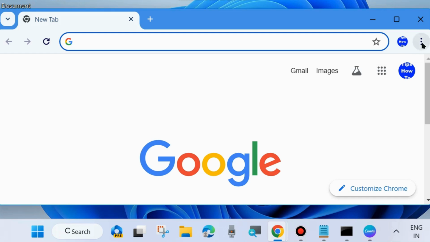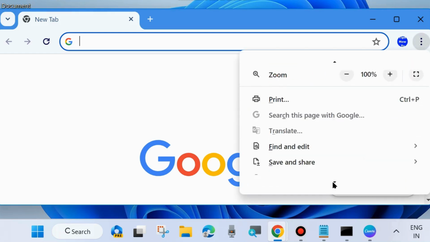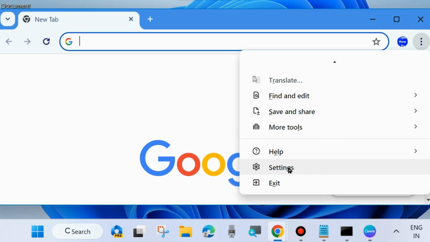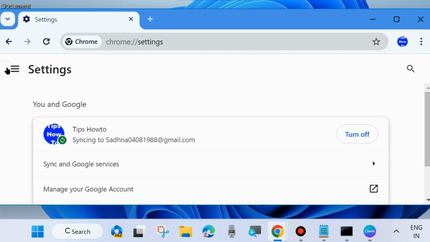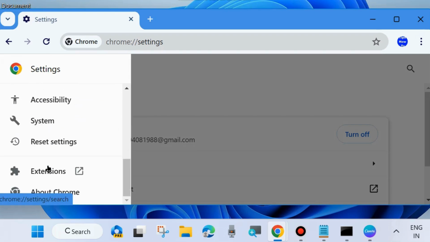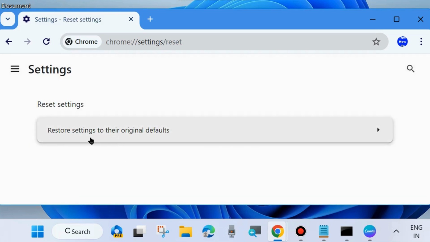Again, click on the three vertical dots from the top right corner and here go to settings again, and from the left side choose reset settings. Click on it, then choose reset settings to their original defaults. Again click on it